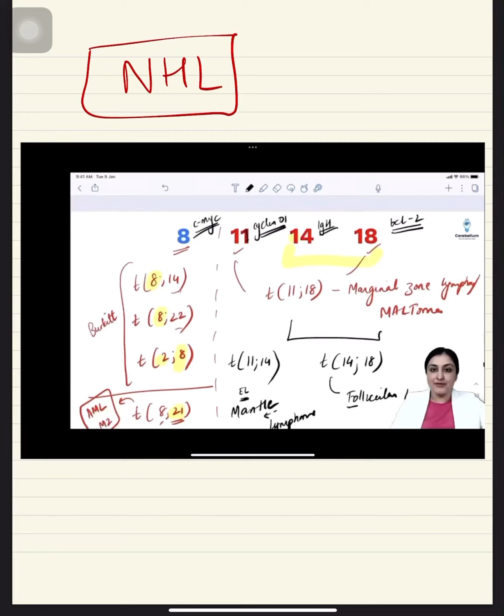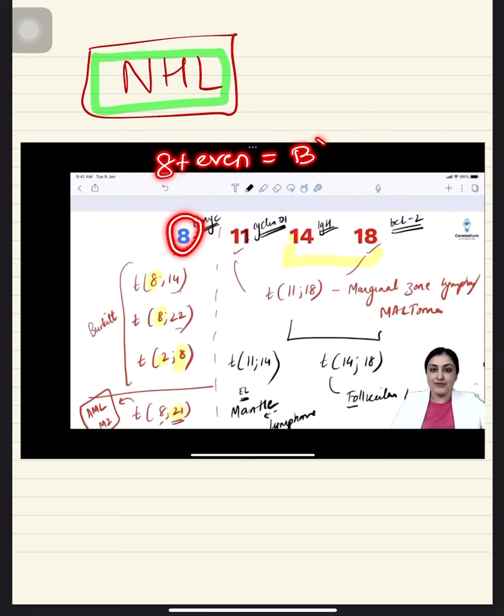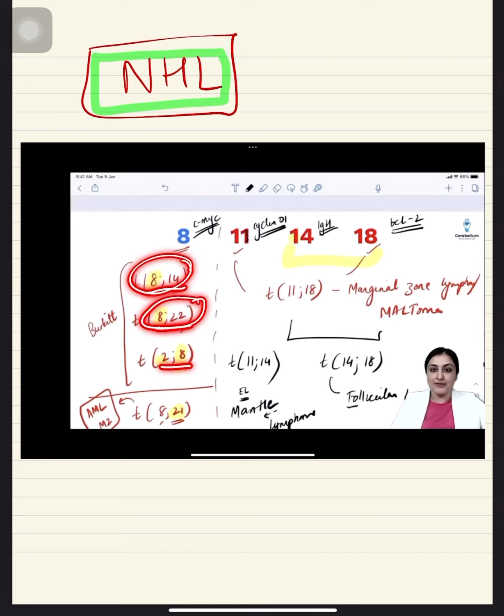So let's learn about non-Hodgkin's lymphoma, and we have the translocations first. So there's 8, 11, 14, 18. Write everything down like this. If there's 8, 8 plus even number is Burkitt. It's a rule, okay? 8 plus even number is Burkitt. So if it is 8;14, 8;22, 2;8, all of this, 8;14, 8;22 and 2;8